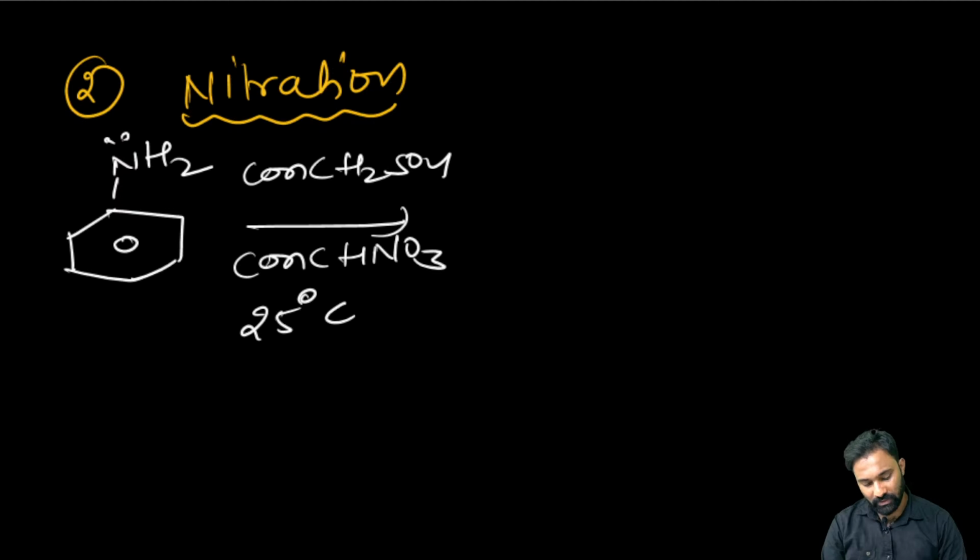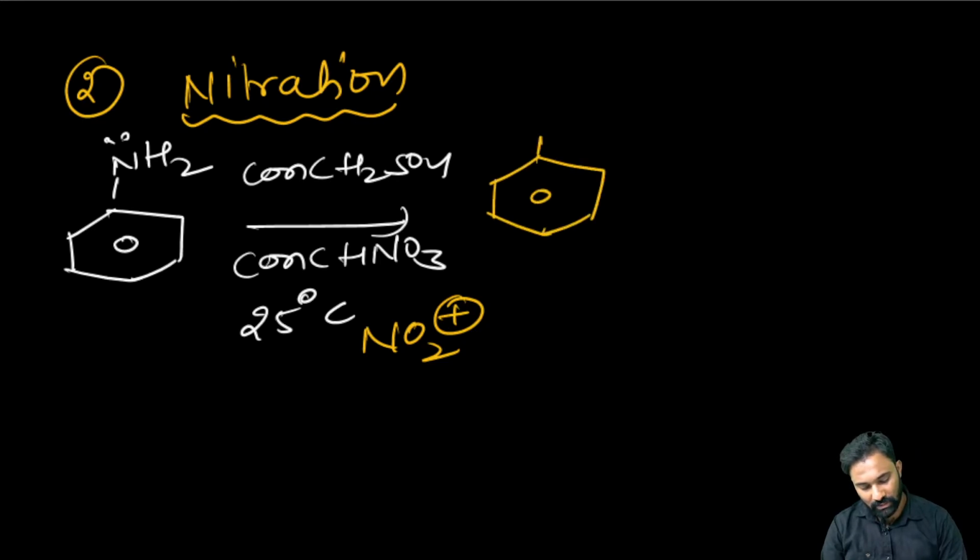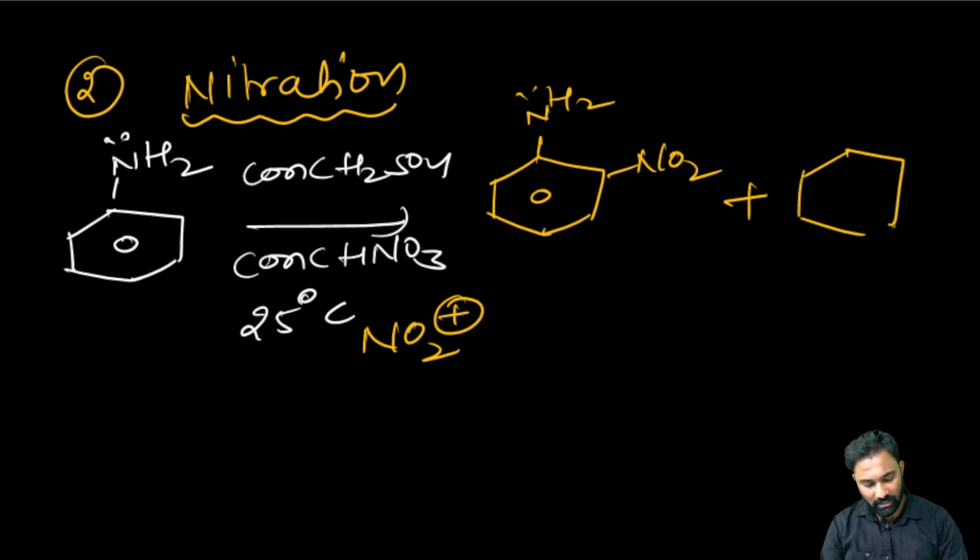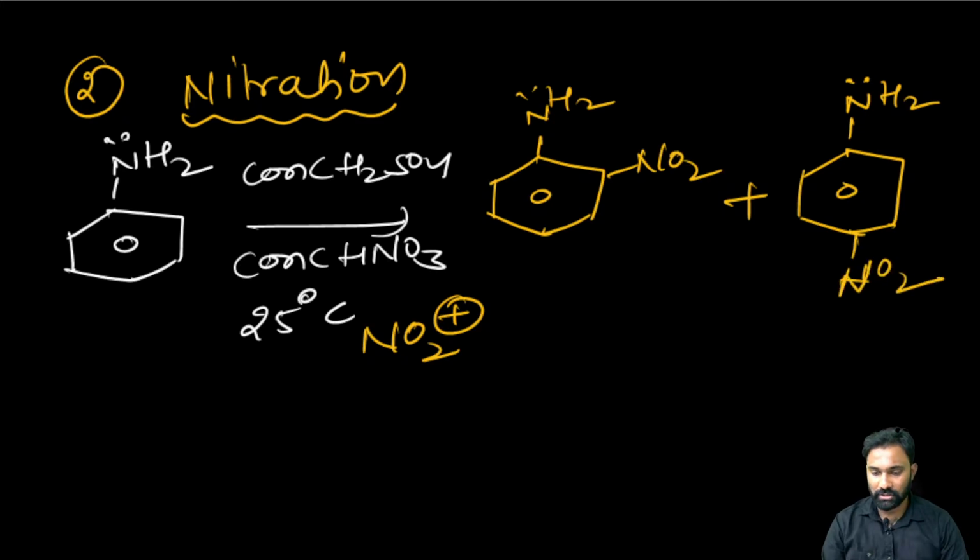Here the electrophile generated is the nitronium ion, NO2+, and we expected that the products are only two, ortho-nitroaniline and para-nitroaniline. These are the two products we expected, but actually